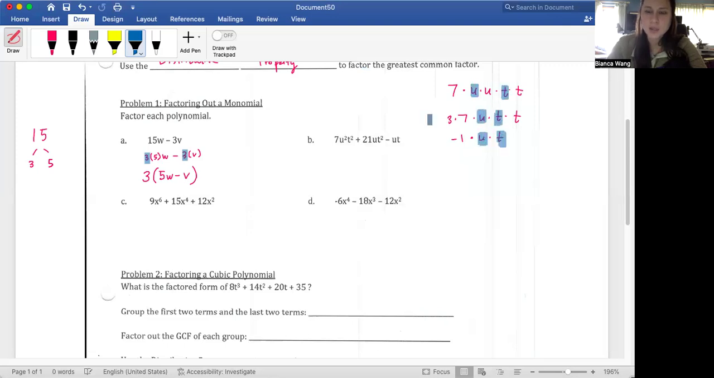This is kind of like what we did in our previous lesson. And you might get to a point where you can just look at this and see what can be brought out of these terms is just the u and t. That's the minimum, or I guess the maximum, they have in common. So we'll bring the u and t out and then put in parentheses